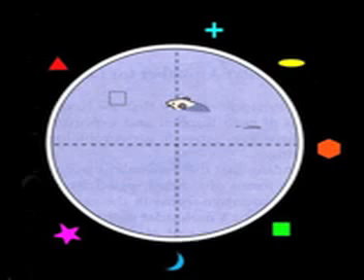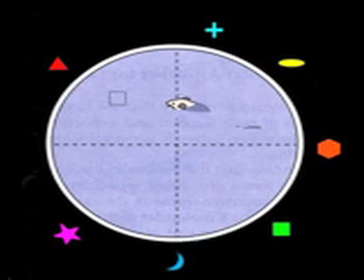When you put a mouse into this maze, it swims round and round and round, and then it finds the platform and sits on the platform for the rest of its time. If you put orientation cues around the maze so that the mouse can see more or less where it is in the maze, so that here it's near the triangle, here it's near the crescent, here it's near the hexagon and so on, and you always put the platform in the same part of the maze, the mouse can learn